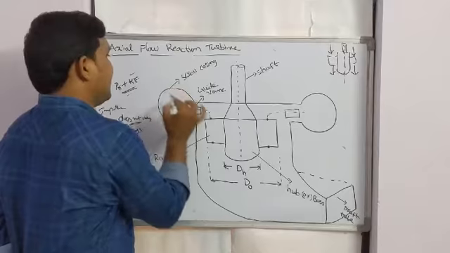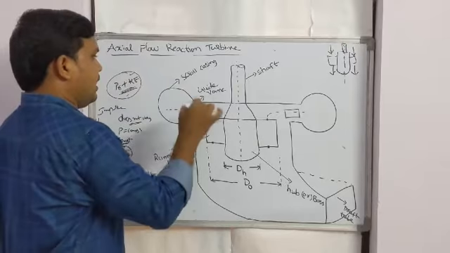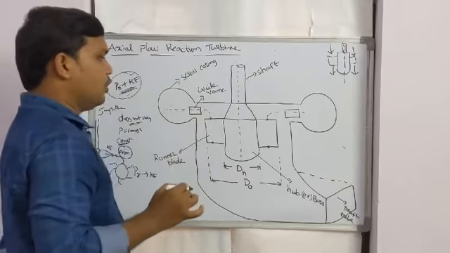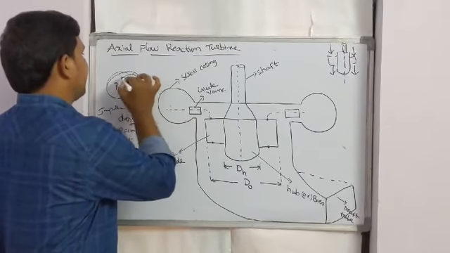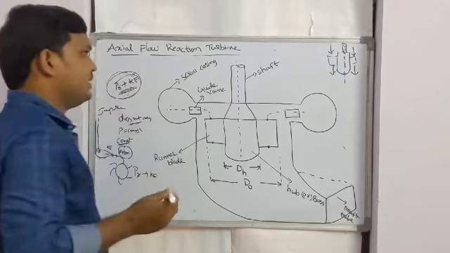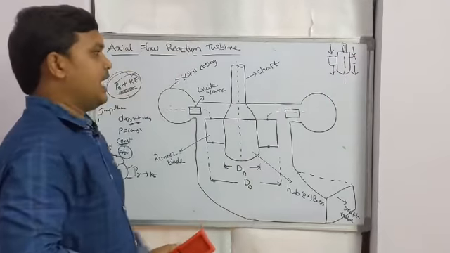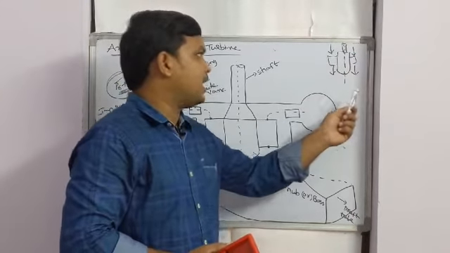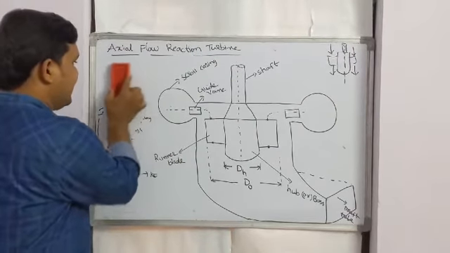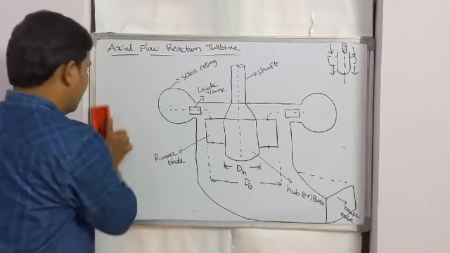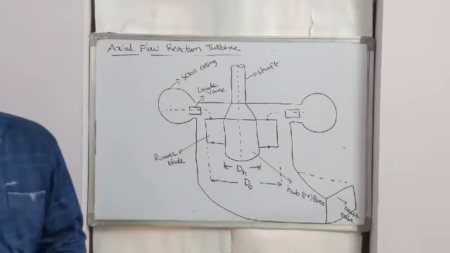That's why this is a reaction turbine. In this turbine, the pressure and kinetic energies change according to the load and by using the draft tube. So there are two reactions, pressure and kinetic energy. That's why this turbine is called a reaction turbine. Axial flow means the flow path of water entering the runner is parallel to the shaft axis. Reaction means both pressure energy and kinetic energy play an important role in developing power in the turbine. So this is an axial flow reaction turbine.